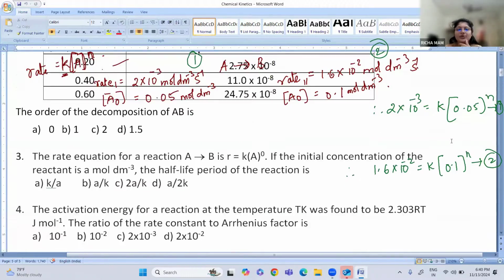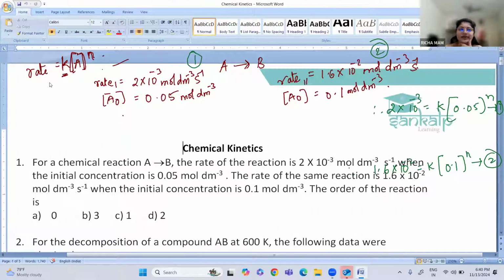Okay, I hope up to here it is clear. So, the rate equation: rate is equal to k into A raised to n. By applying this rate equation, we have substituted both the equations. That is, 2 into 10 raised to minus 3 is equal to k into the initial concentration 0.05 raised to n, which is the first equation, and the second is 1.6 into 10 raised to minus 2,